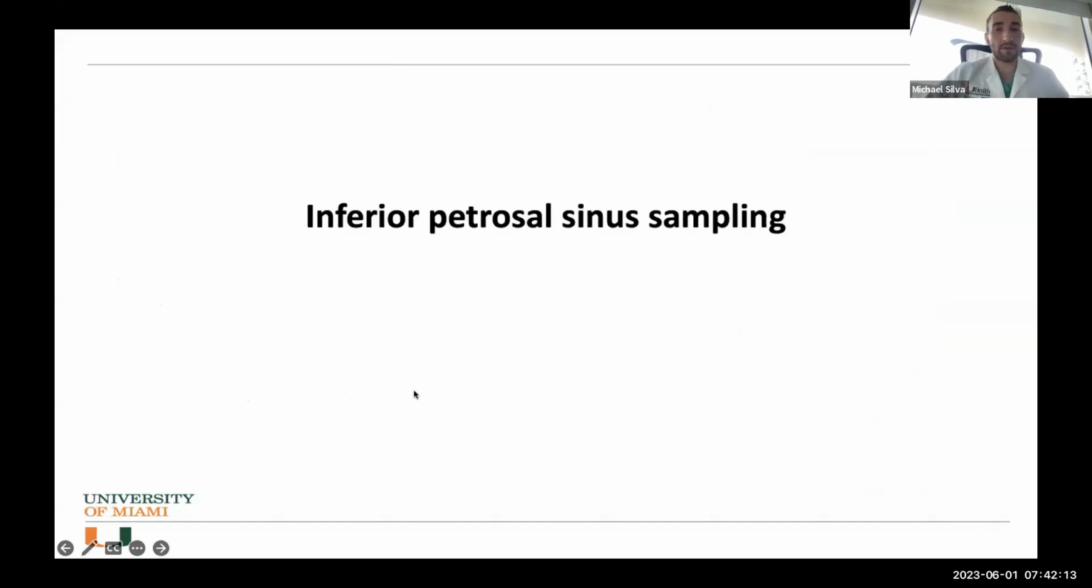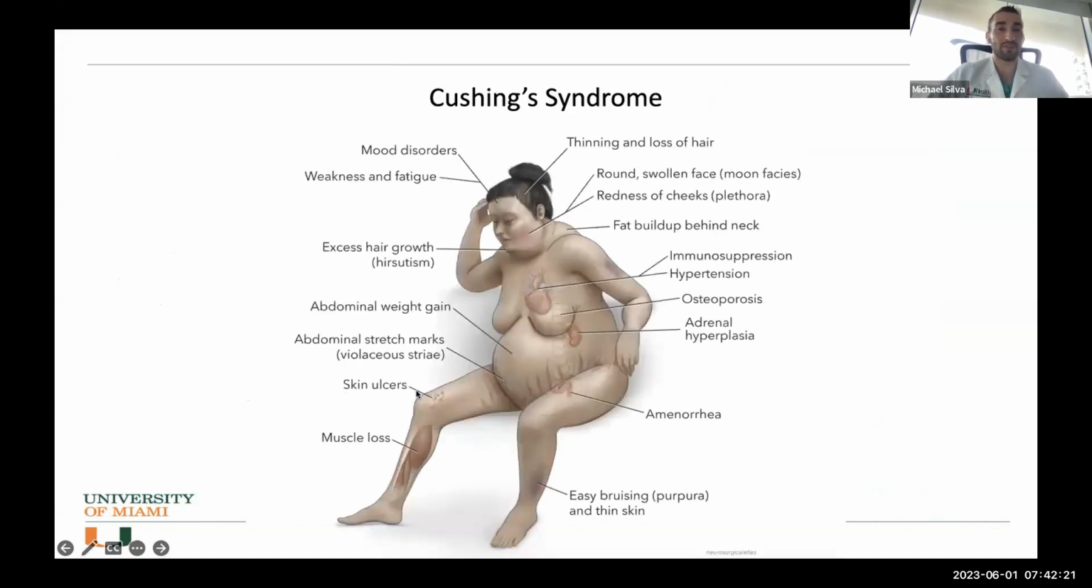And lastly, I want to talk about inferior petrosal sinus sampling. This is another procedure that we do, which very much crosses paths with other areas of neurosurgery. So we're familiar with Cushing syndrome and the classic